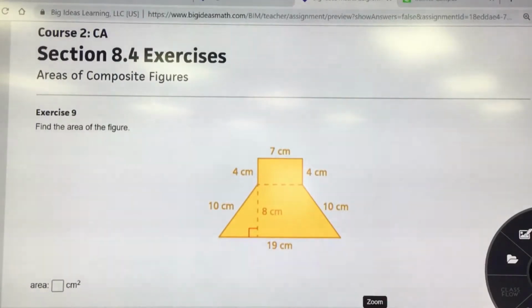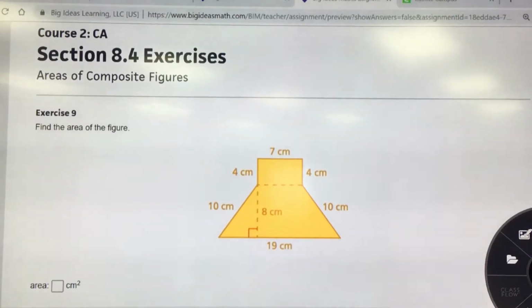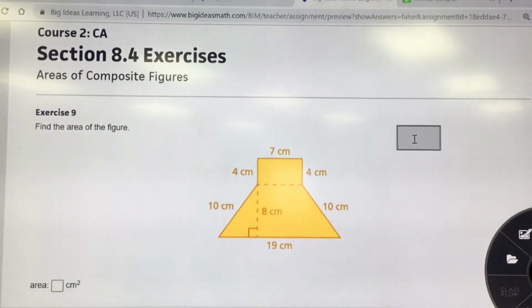So the first shape that we're going to find is this rectangular shape right here, and we are going to find the area of that shape by pointing it out. Let's see what that shape looks like. There it is. It is a rectangle. So let's put that rectangle right here on the side,